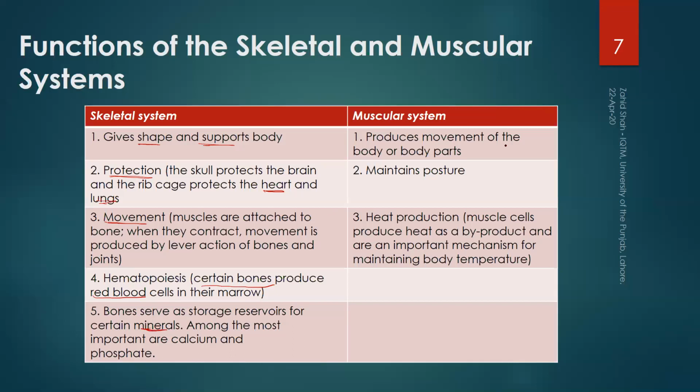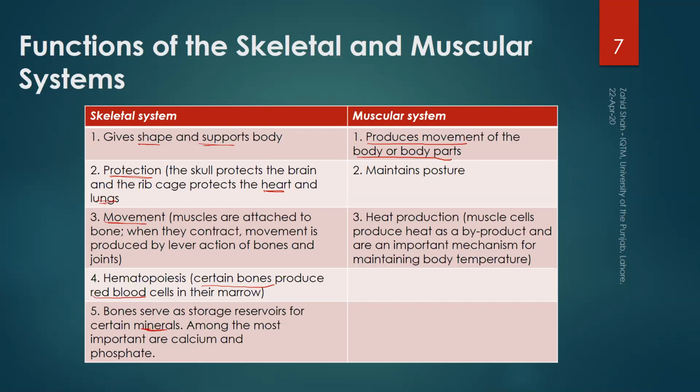So the muscular system has also some important functions to perform. It produces movement of the body part. So that is the most important function with respect to our discussion. The degree of freedom for the movement is provided by the joints. Joints are formed at the interface of two bones, and the cushion or shock absorption at the interface is for the most part provided by the cartilage.